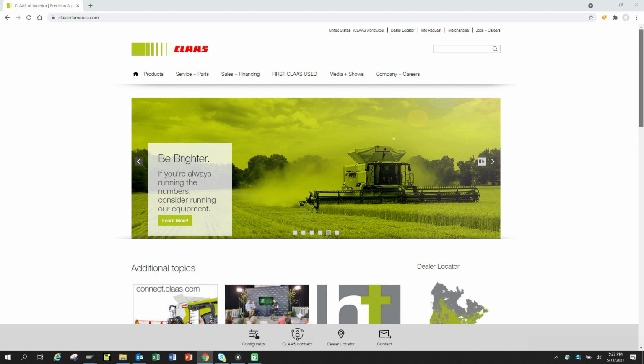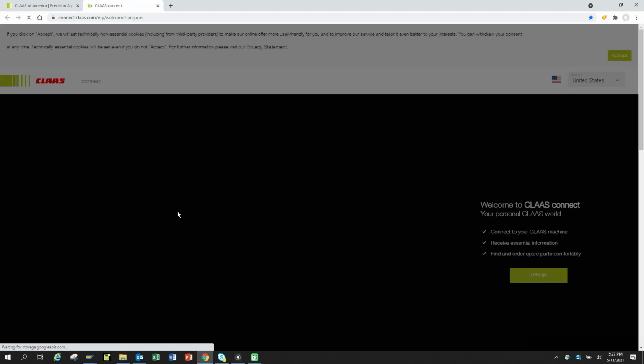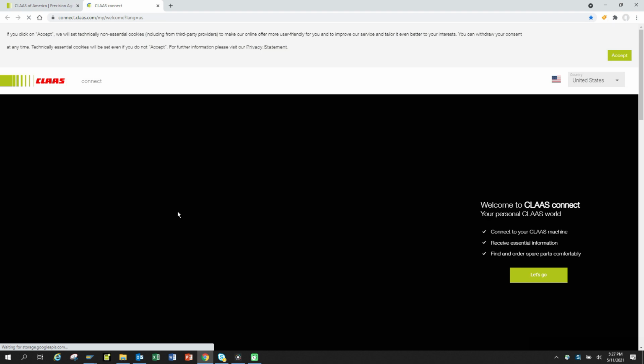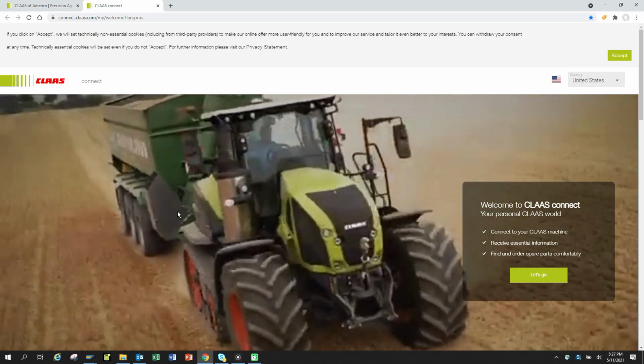When you land on the public page, then you'll see a navigation point for CLAAS Connect. You'll click on that navigation point, and that will take you to the account creation and login screen for CLAAS